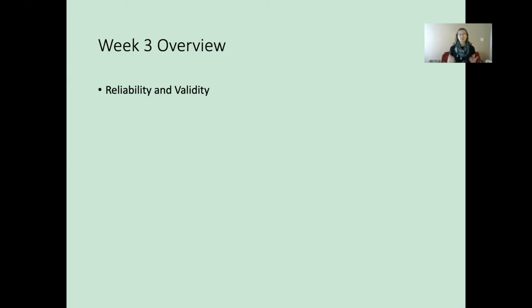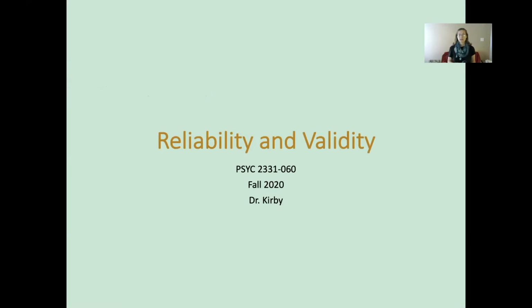using the processes and the library databases and Google Scholar like we looked at in previous weeks, not plain Google searches. After you've found those sources, you're probably going to need some help reading them. It takes different skills than reading novels and different skills than reading a textbook. So I'm going to walk you through that this week too. Reliability and validity are foundational skills that you need for future lessons in this class. They help us evaluate research that's already been conducted and better design our own research to be more accurate and